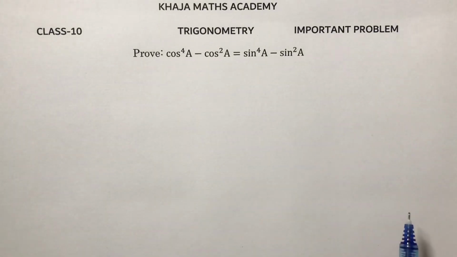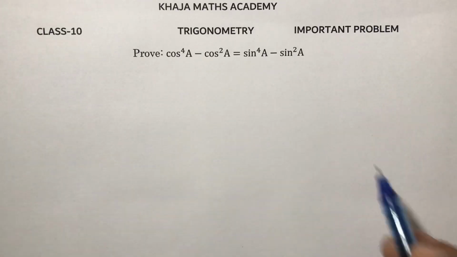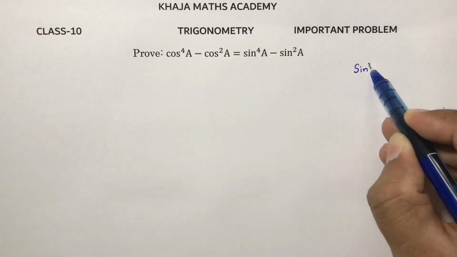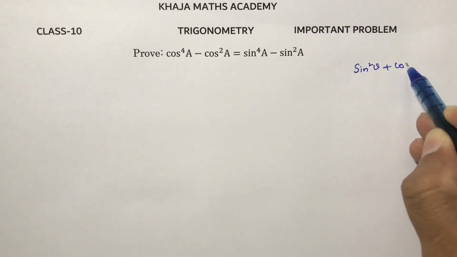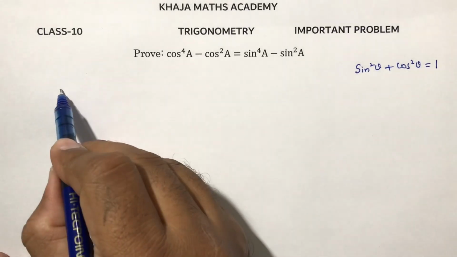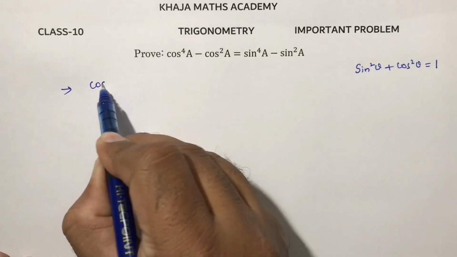Class 10 problem from trigonometry. Prove cos power 4a minus cos square a equals sin power 4a minus sin square a. So here, to solve this problem, you need to know one identity, that is sin square theta plus cos square theta is 1. So now if you take LHS, cos power 4a